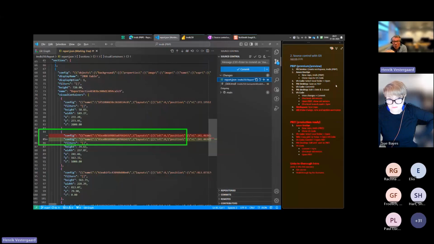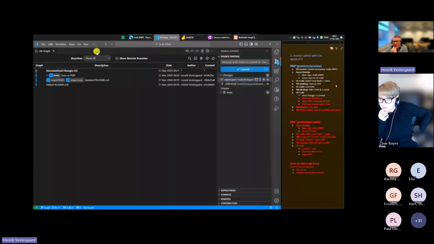Microsoft says that they will also do some improvement on how we can read the report as code. Right now, when I'm talking about TMDL, it's only about the semantic model, but it'll come to the report part also. But moving on,